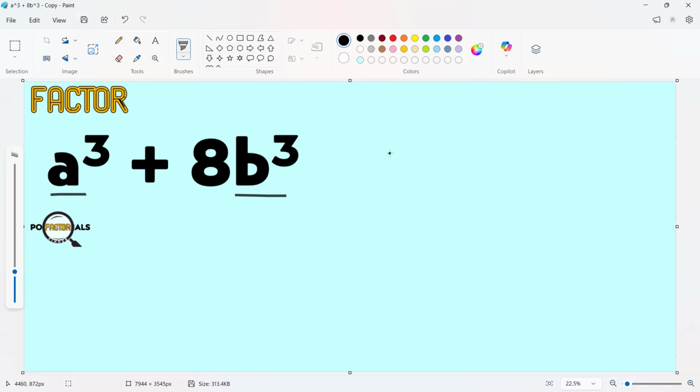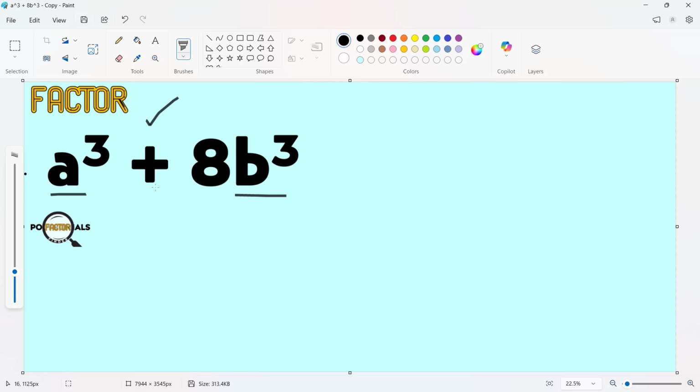So again, if we're going to look at this and consider possibly that this would be a difference of two squares, number one is that since the operation separating the two terms is addition, then we can no longer use that. However, we still have another factoring method that considers a binomial expression separated by addition. This example may fall into the category of sum of two cubes. Again, sum of two cubes.